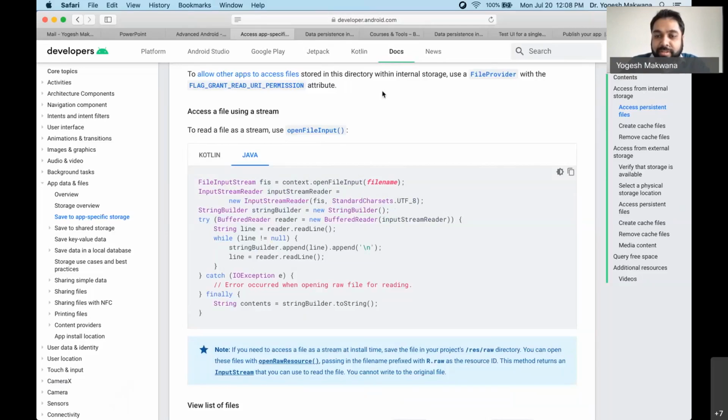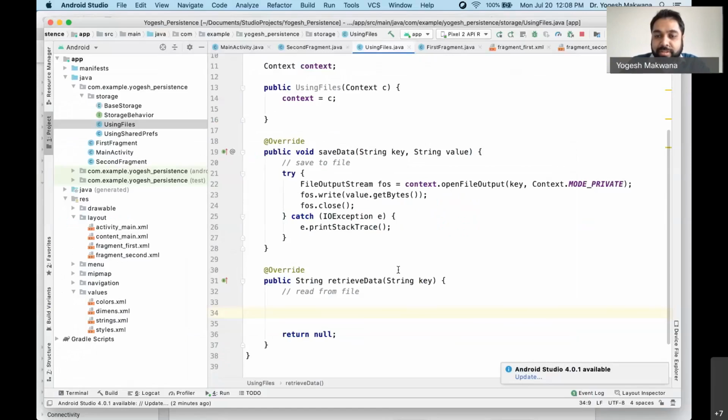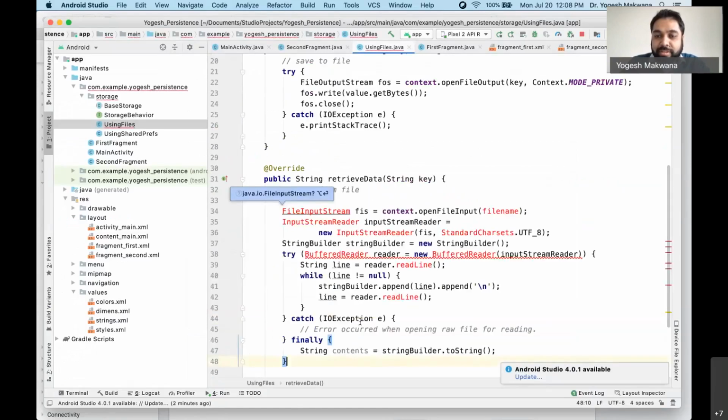So open this page and copy it. And over here, we can paste it. We'll be able to fix all this. So first of all, you just keep pressing Alt Enter to import these missing classes into your